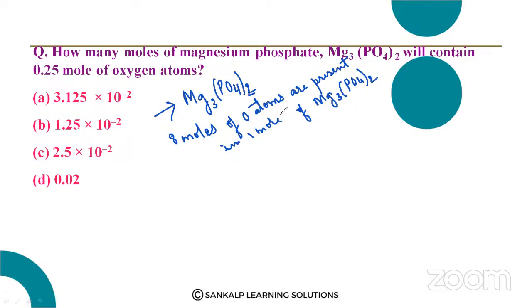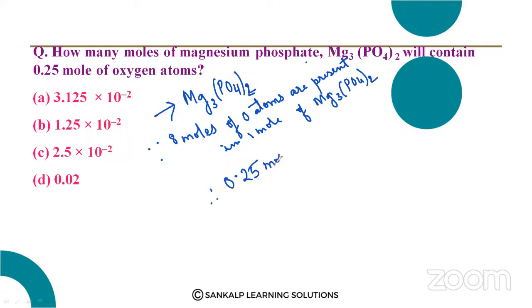So there are 8 moles of oxygen present in 1 mole of this compound. What is the question asked? How many moles of magnesium phosphate will have 0.25 moles of oxygen atoms? Since 8 moles of oxygen atoms are present in 1 mole of Mg3(PO4)2, then